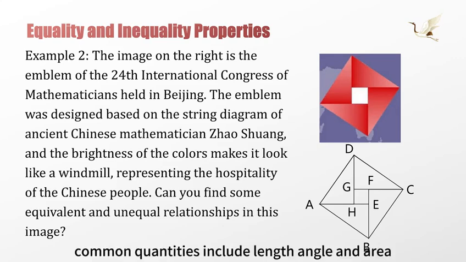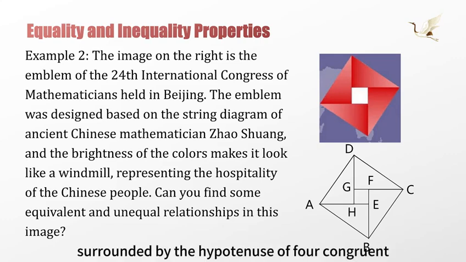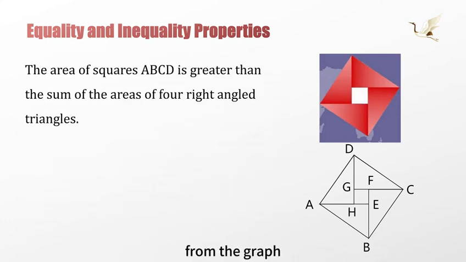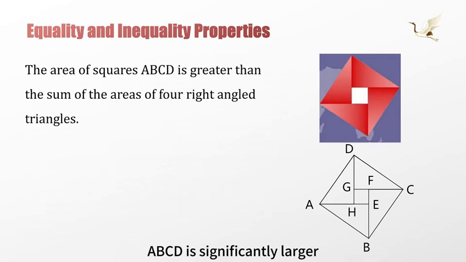Common quantities include length, angle, and area. According to our understanding of the shape just now, it is a square surrounded by the hypotenuse of four congruent right-angled triangles. We can start from the area to discover unequal relationships. From the graph, we can also see that the area of square ABCD is significantly larger than the sum of the areas of the four right-angled triangles. The extra area is obviously the area of the small square EFGH in the middle,